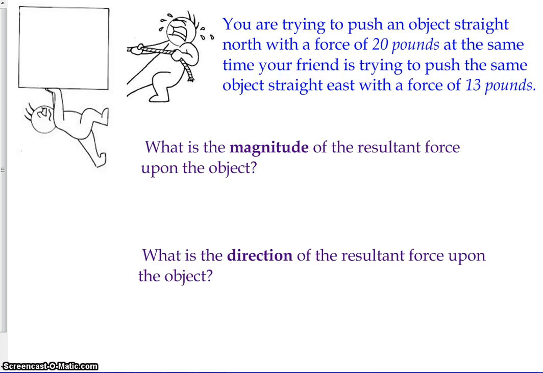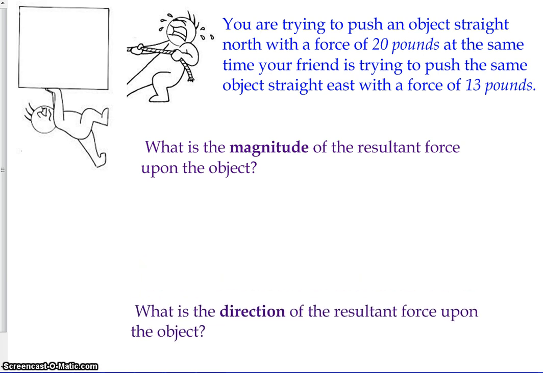Okay, so now we're looking at this and we're saying, okay, I'm pushing on an object. At the same time, my friend is pushing on an object. And we know it's going to go in a different direction. So how do we show this visually, and then how do we calculate what's actually happening? So I am pushing on this object, and I'm pushing north. Okay? And my friend is pushing east, and I choose to just draw my friend pushing in the other direction here. I'm going to do it like this,